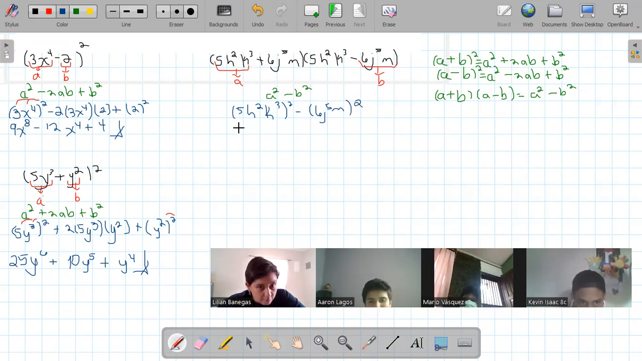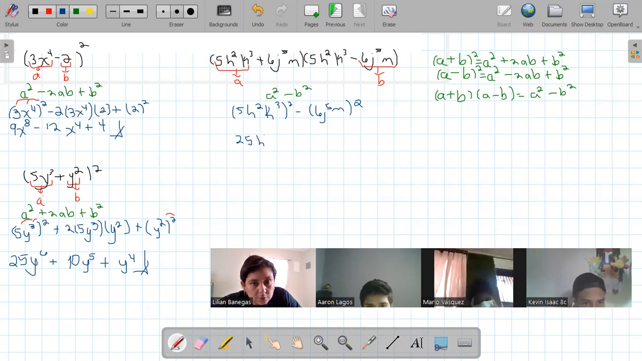How much is 5h squared k cubed, everything to the square? Remember, we do power for power. 25h to the second power, h to the 4th power because we multiply. And k to what power? To the 6th power. Very good. Minus